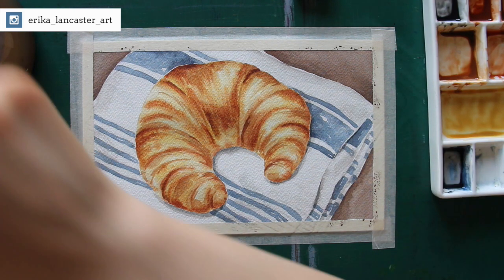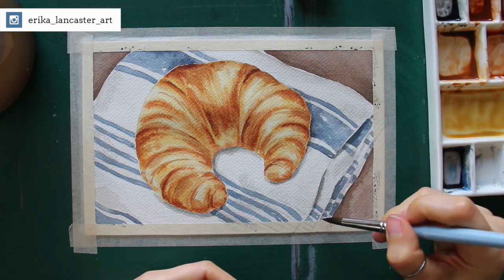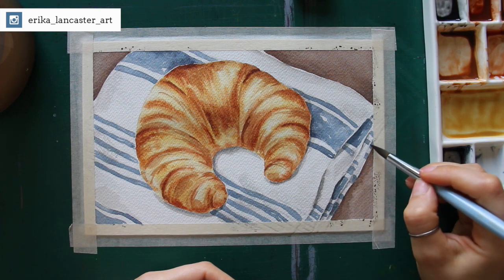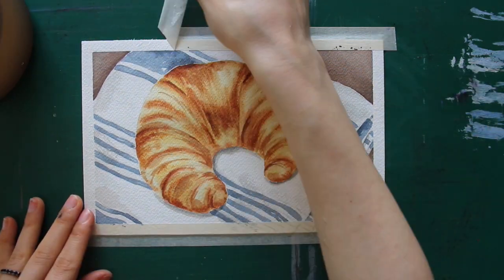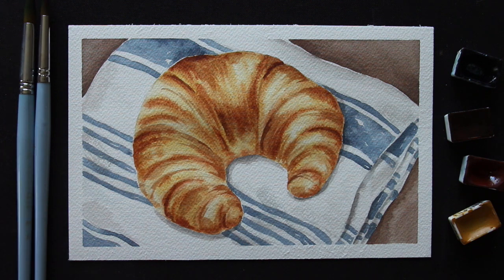And lastly, all I am doing right here is I am going in with a slightly more saturated dark gray color mixture and darkening certain areas, especially within the cast shadow sections right beneath the croissant, and also in the folds of the towel to just further darken certain sections within that shadow and make it look a little bit